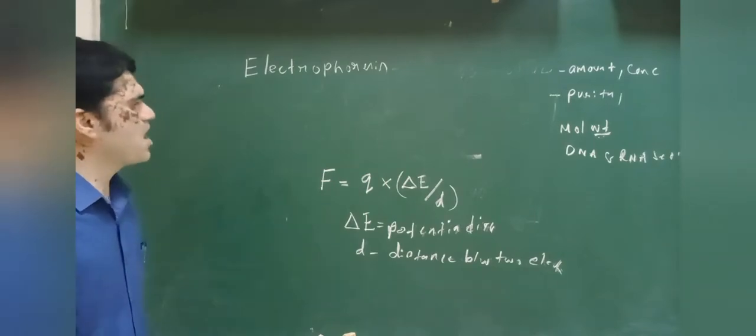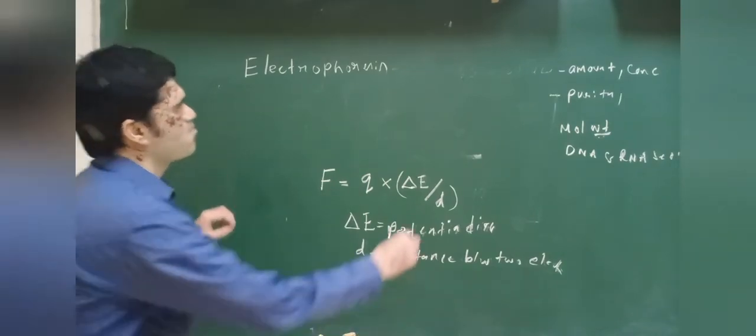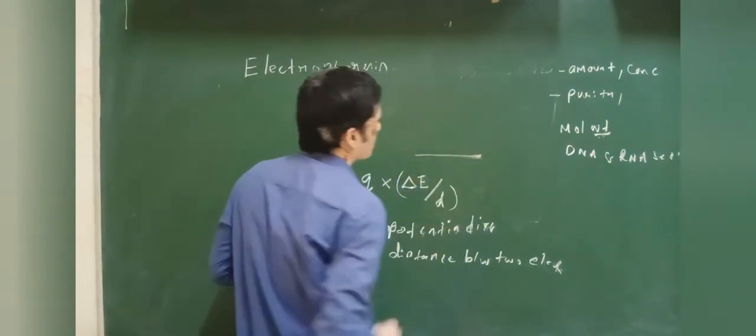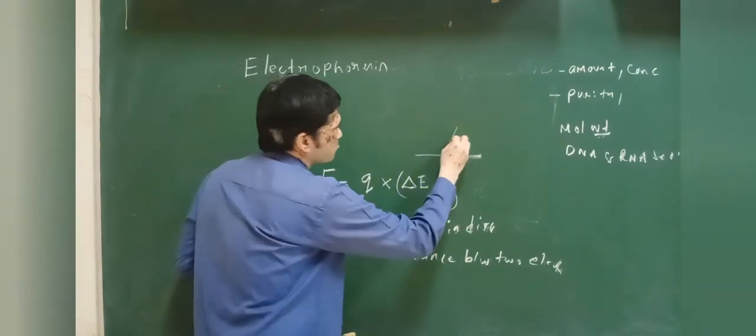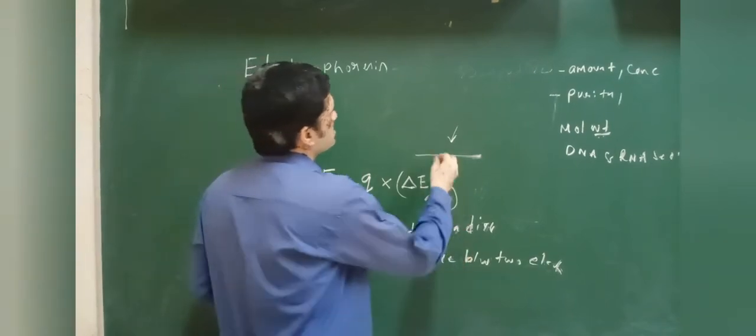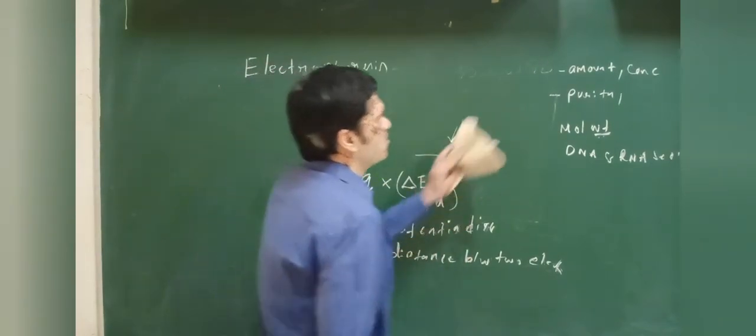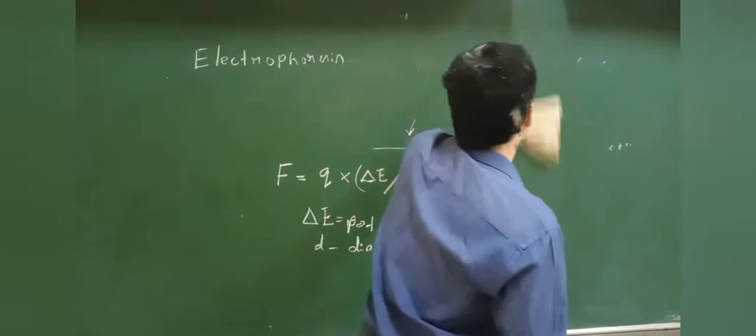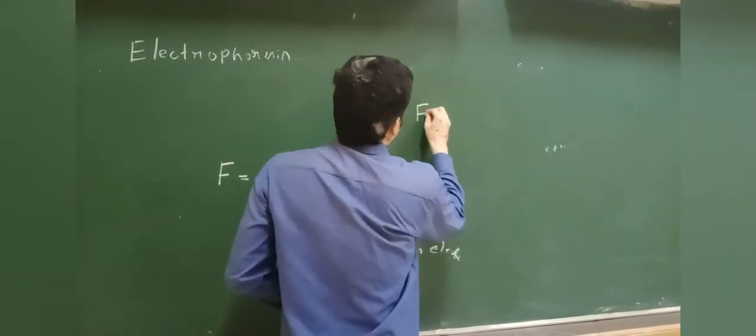So now what will happen? Since the molecule is moving, there is also some force which is opposing this movement, and that force is called the frictional force. And from Stokes' law,